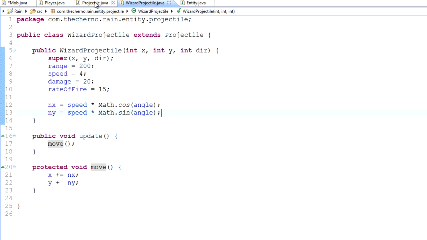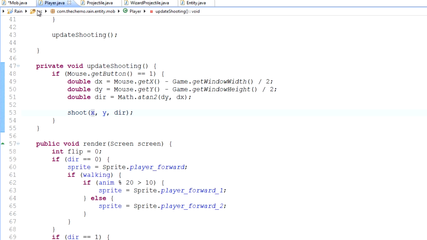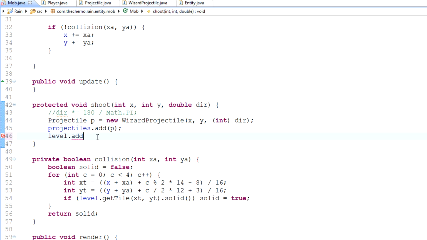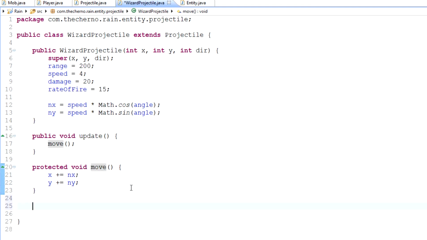Anyway, so over here in mob, right? We want to level.add this projectile to the level now. That's pretty good, I think. That's pretty much all we need to do. Okay, so that's really cool. Now, what we need to do in Wizard Projectile is have a render method. So public